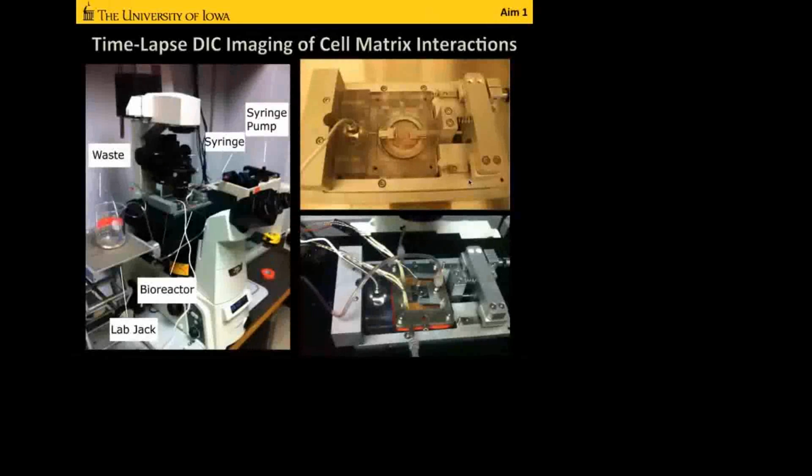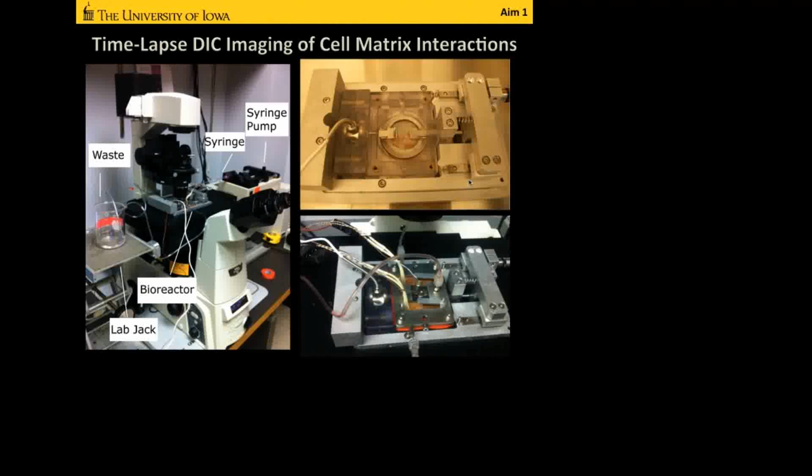using right now. We have an inverted epifluorescent microscope with DIC capabilities, and we have an environmentally controlled bioreactor that is equipped with a load cell and a linear actuator so that we can measure force and deform our gels when we want to. And when we seal it up, we also have inlet and outlet ports that we can use to replenish the medium, take medium samples if we want to. And of course, this is all mounted on a microscope so that we can actually do extended time-lapse imaging of